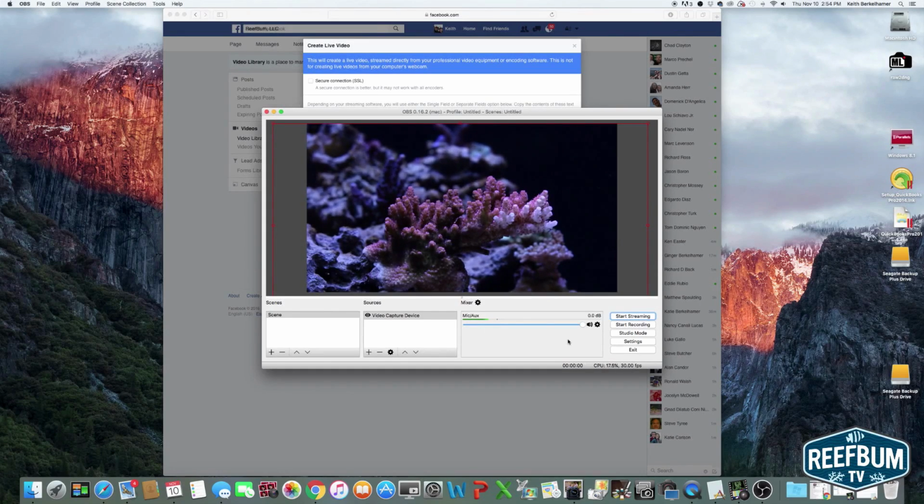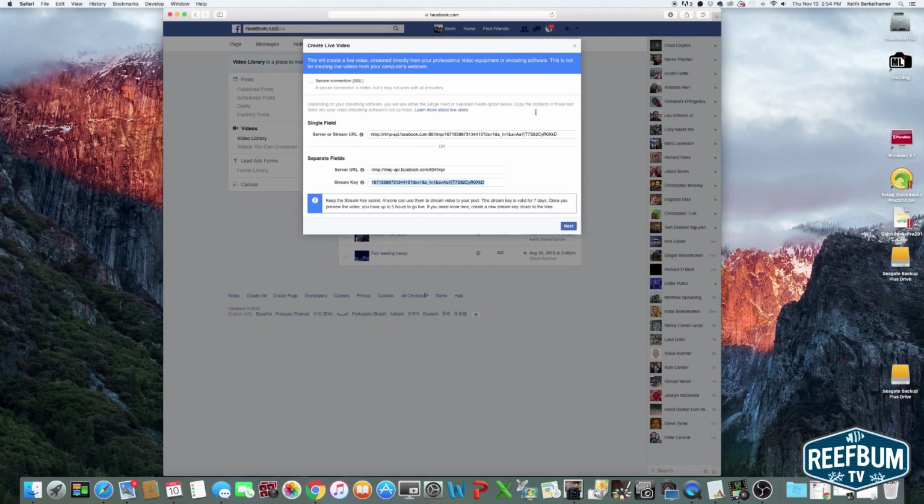Now you're not streaming to Facebook Live yet, this is just setting up the OBS studio. You can also resize the video on this page by dragging the red bounding box and resizing it to fit your video. Now, back on your Facebook page, the live stream window should still be open, so here click the